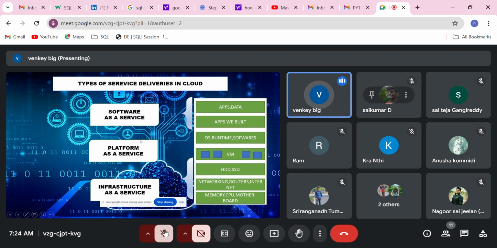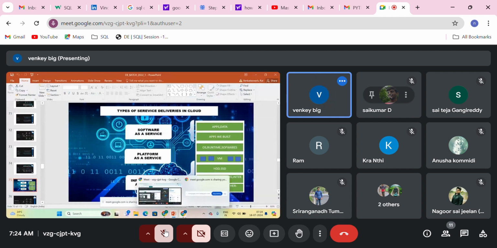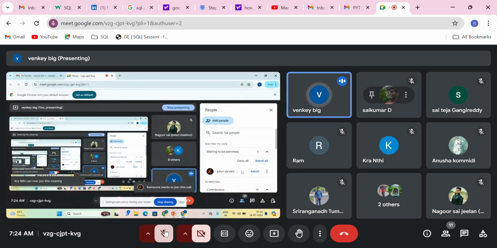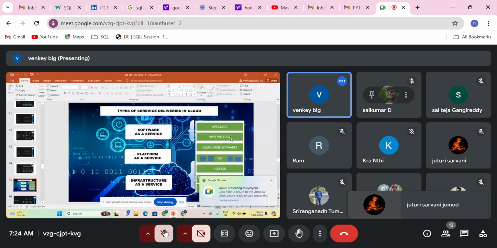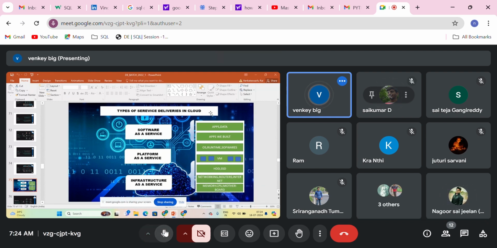Any questions in understanding the types of cloud service models? No. Clear. If cloud providers provide only infrastructure, we call it infrastructure as a service.